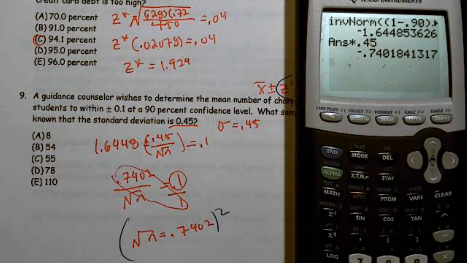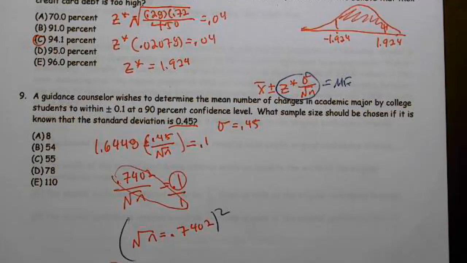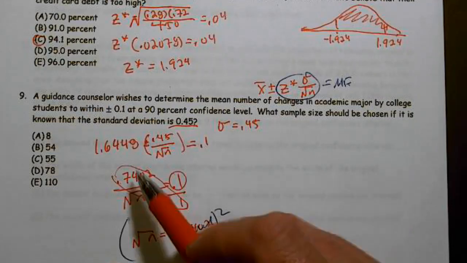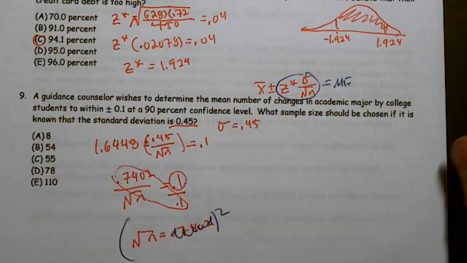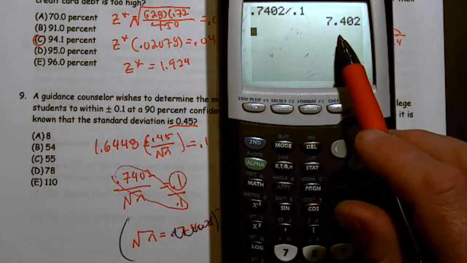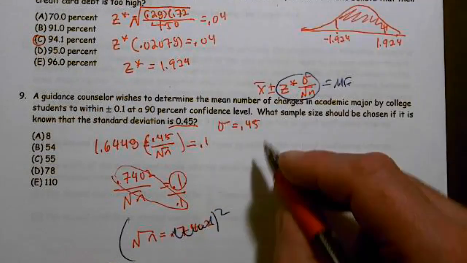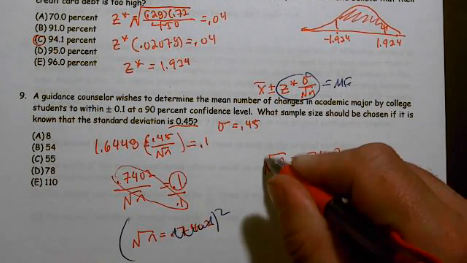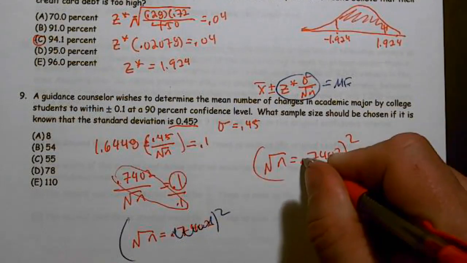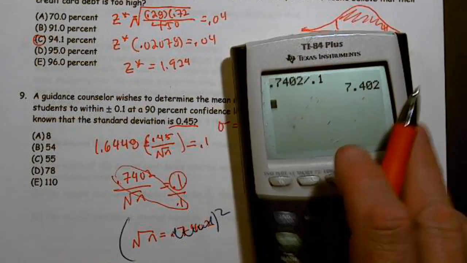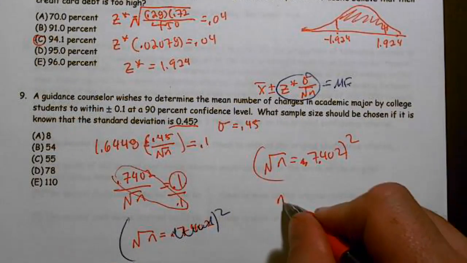If I square everything, I'm going to get my answer. And obviously I have a major problem here. So hold on for just a moment. I'm sorry about that. Sometimes it would help if I actually did what I said. So we're going to multiply the 2 on the diagonal and divide by the third number. So 0.7402 divided by 0.1 is 7.402. So the square root of n equals 7.402. All right. And I'm going to square both sides and I get n equals